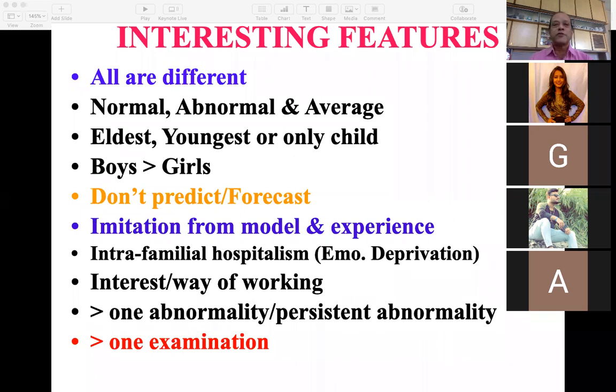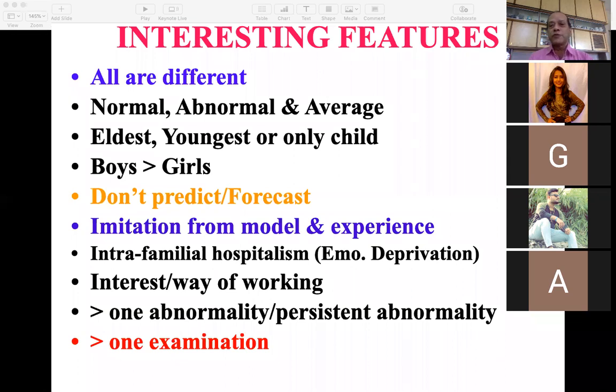So the first thing which you have to remember, all children are different. You cannot compare two children, even brother and sister, not only brother and sister, even twin brother and sister. If there is a twin, it does not mean everything will be similar. It may happen in movies that if one starts fighting, the other will also fight. If one starts crying, the other will also cry. If one turns, the other will also take a turn and get away from the railway track and save his life. But this is not the same, remember, even twin brothers and sisters can be different.